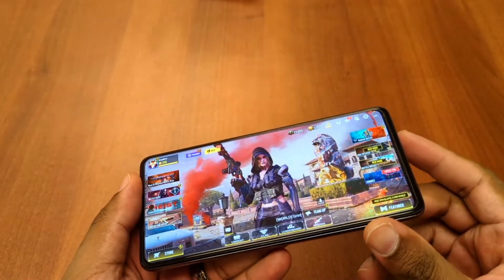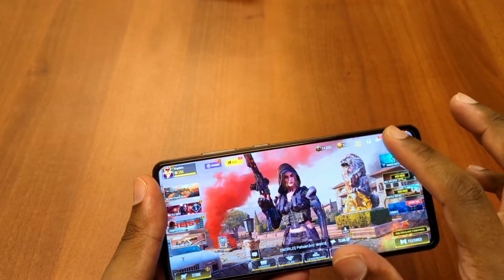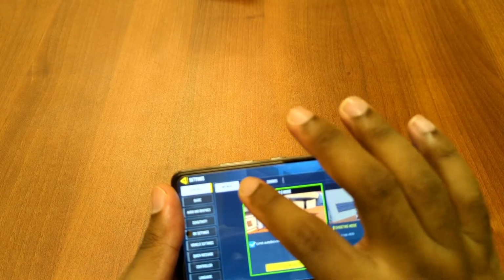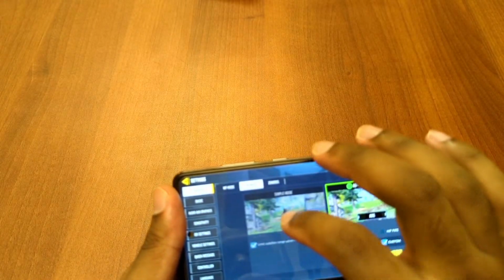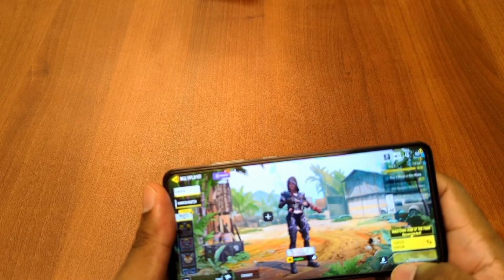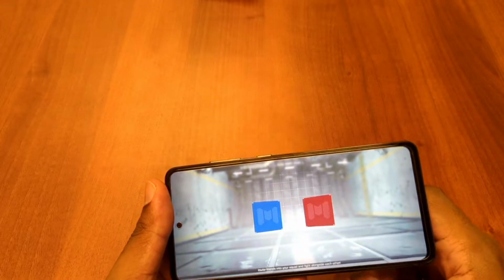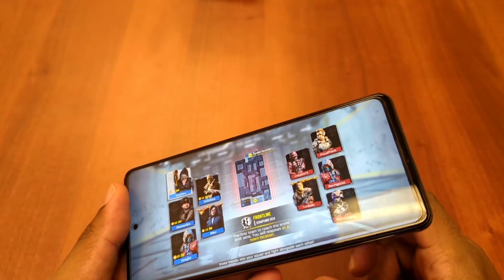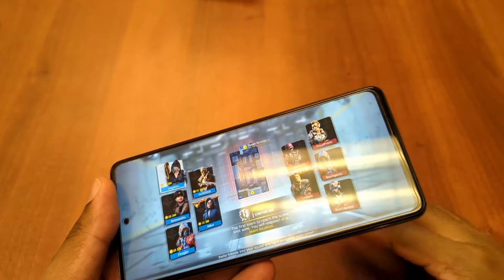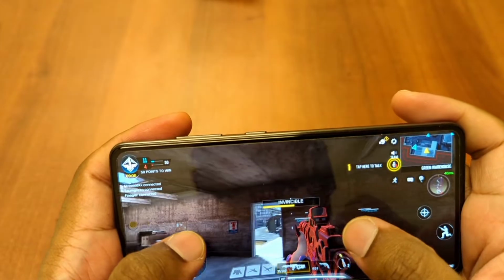So here's Call of Duty Mobile. For those that wanted to see how a game works on this, I am just going to play this for a few seconds. Let me just change the setting. All right. Just to give you guys an idea that games do work on it. Now, granted, the reason it's laggy is because I've been testing this phone out, and I did put it on the option to put the graphics above high. I know iPhones, I think, are very high or max, whatever the setting is. So I tend to do that